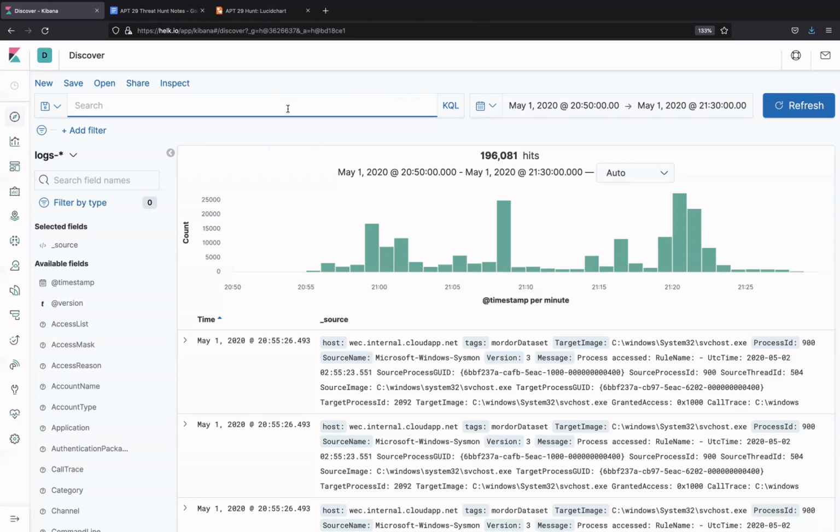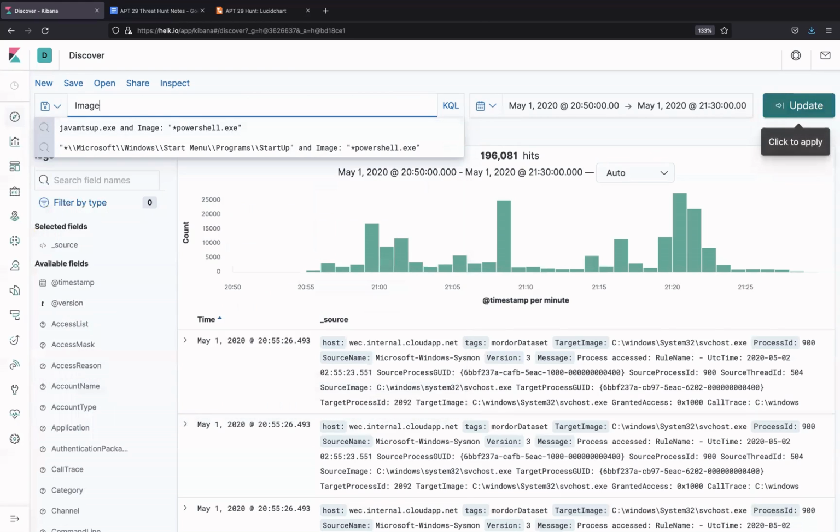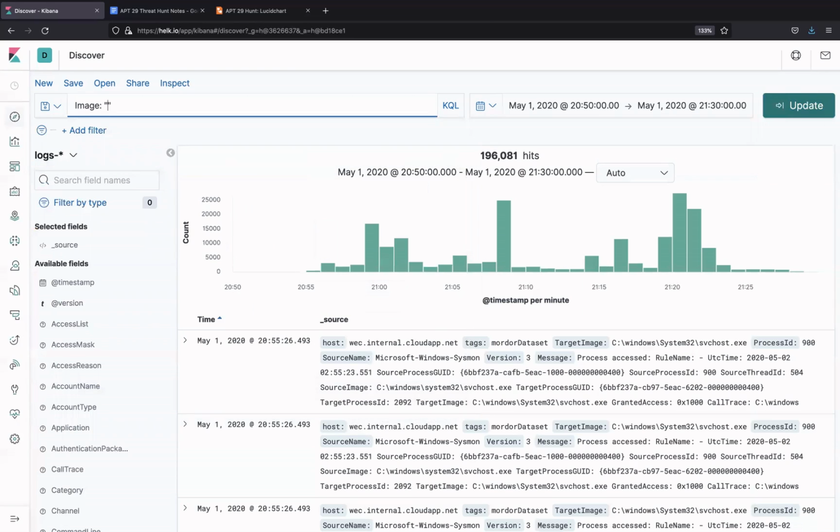Let us begin. If you recall, our very first hypothesis was that an SCR file created a process. The way to test that hypothesis is to search for an SCR file. If you recall correctly, a file is found through image. So we'll search image. If we don't know what the name of the SCR file is, we just know some sort of SCR file, so I'm going to put a splat as my wildcard, .scr,